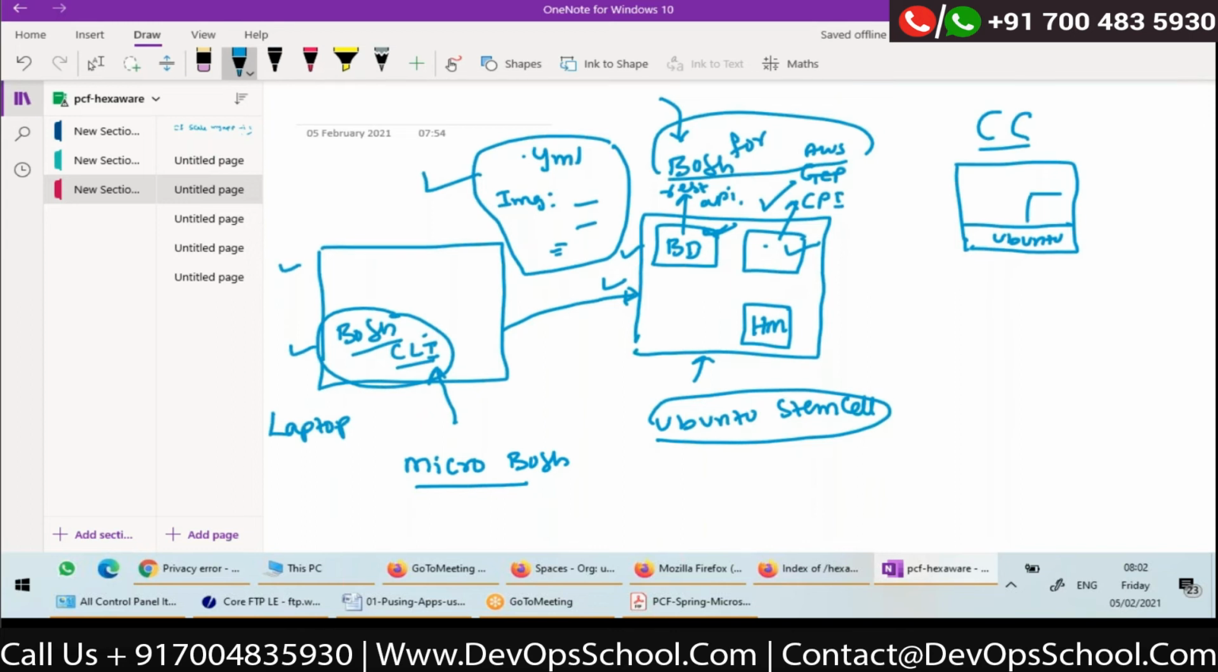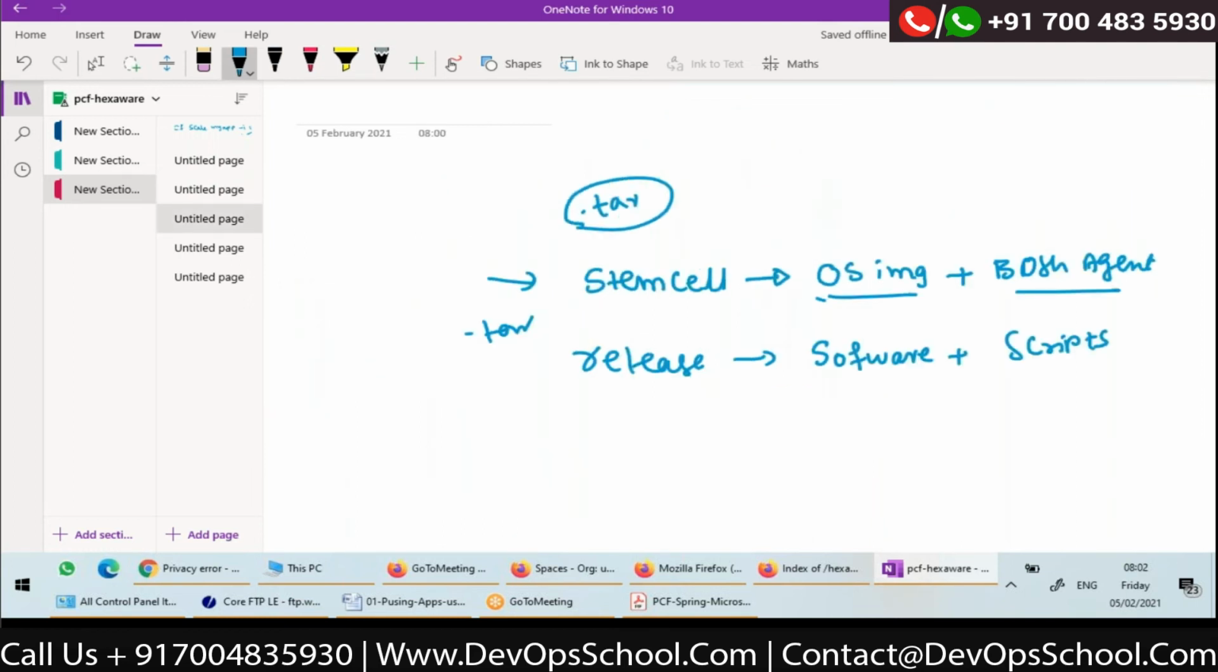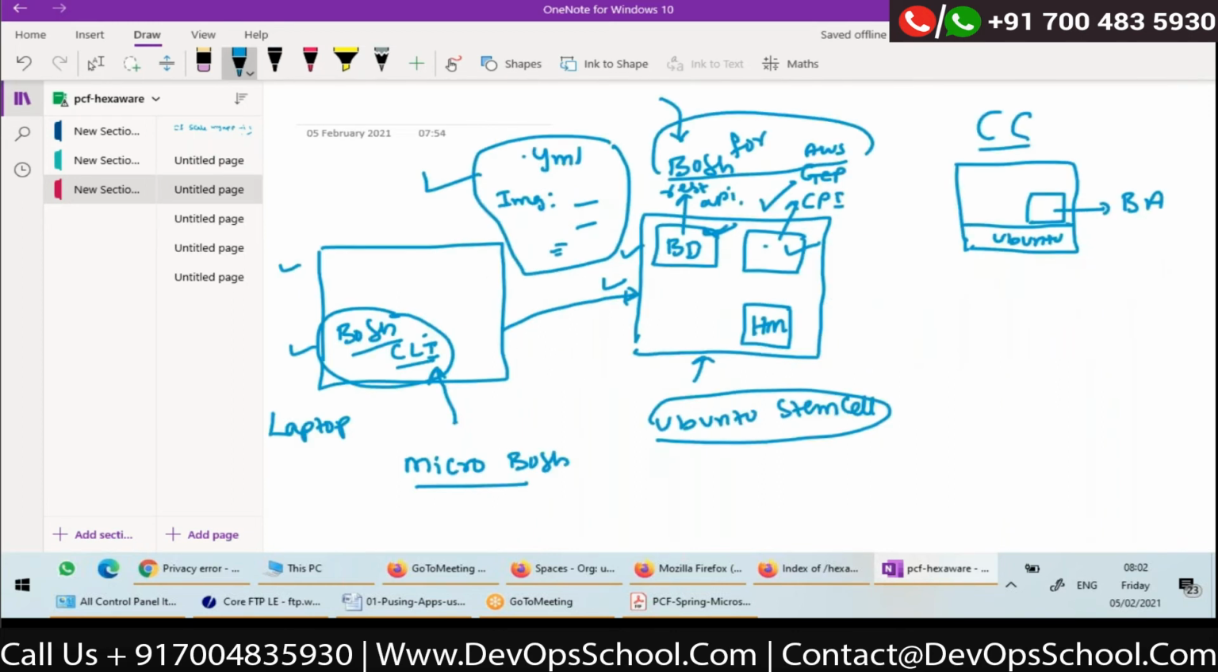one more component will run, called the BOSH agent, as I told you, right? My Stemcell contains the operating system as well as another component called the BOSH agent. So whenever I launch any VM using a particular Stemcell, it will have an OS and a BOSH agent. Now the BOSH director will wait until the BOSH agent is ready. Then the BOSH director will ask this agent, hey agent,